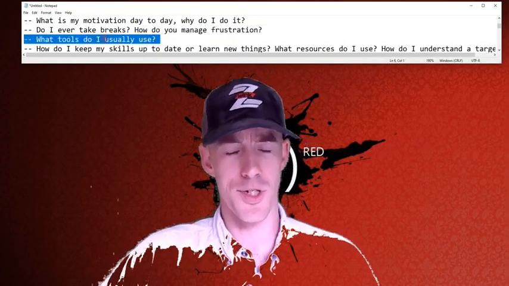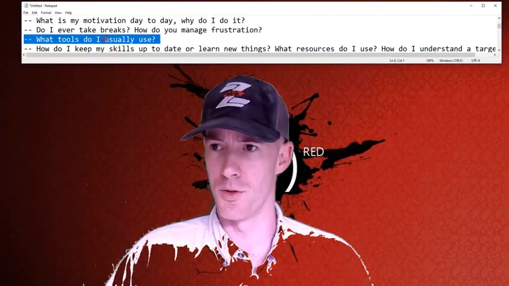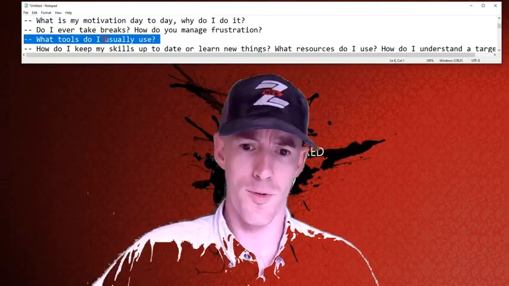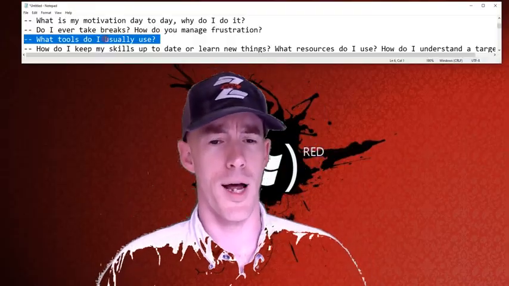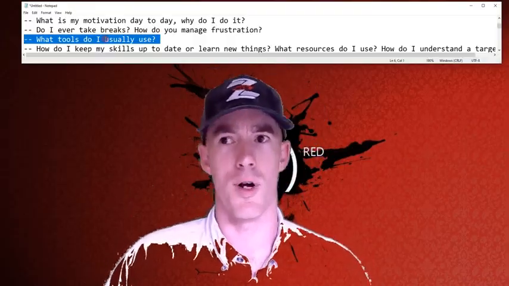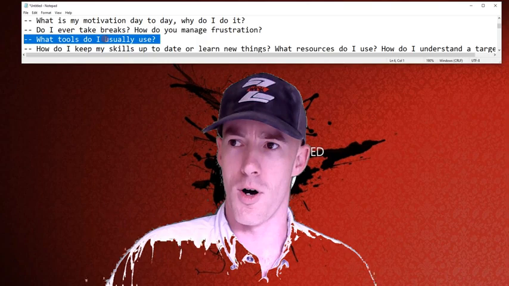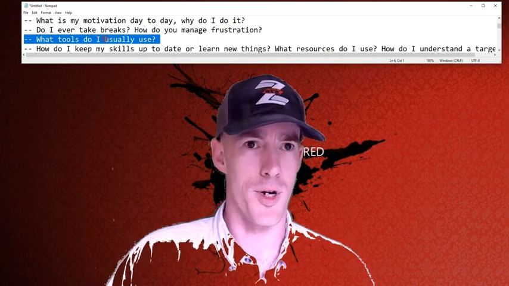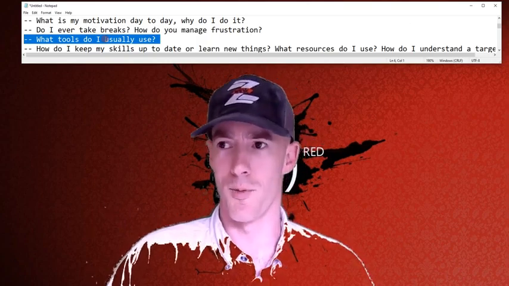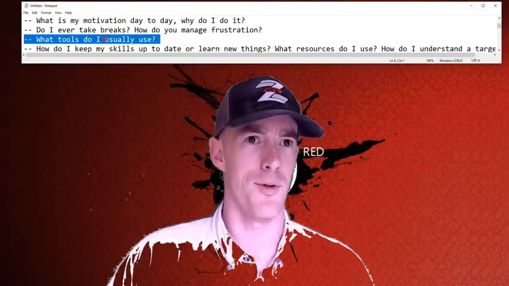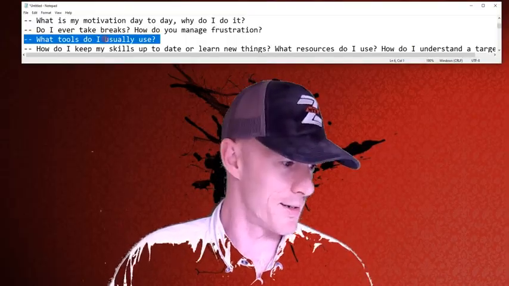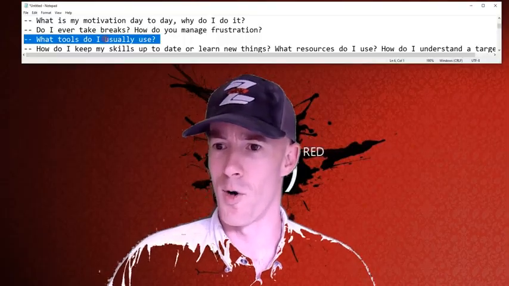Tools that I usually use, I did a whole Bug Bounty 101 series on tooling. I do work from Windows, as you can see back here in the background. I hack from Windows because I'm an old school Windows user. I mean, I started out on DOS, and then Windows 3.1, and what came after that, 95, 98, 2000, ME, maybe I got this backwards. I don't know. I've been on Windows since the beginning, and I just like it. I grew up with it.